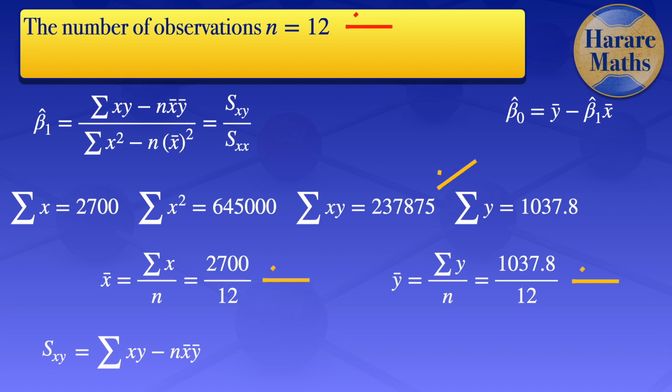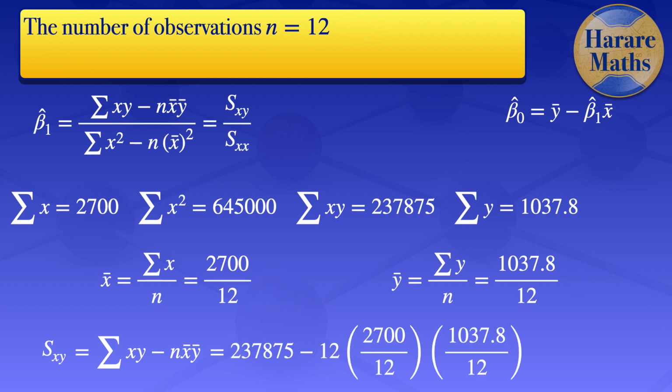Substituting the values, we have 237,875 minus 12 times 2,700 divided by 12 times 1037.8 divided by 12,